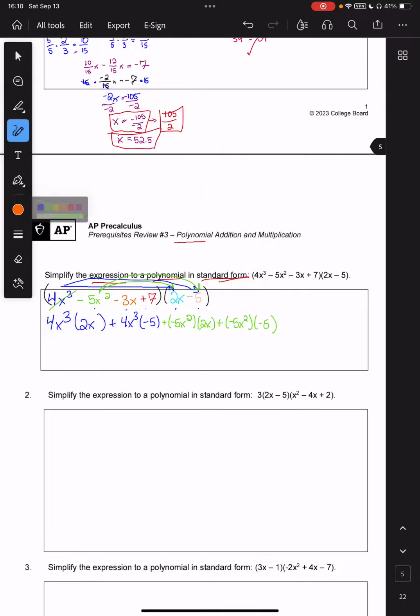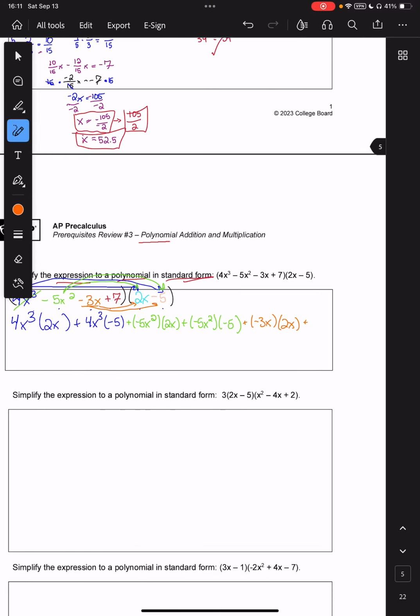Our next term is our negative 3x. So we're going to add negative 3x and multiply it by 2x. And then we also have to do it to our other term, our negative 5. So plus, and we're running out of room, negative 3x